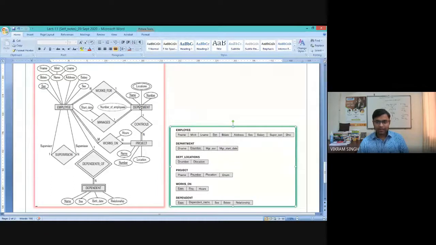That's why we have created this table called department location. But you have to see carefully that we have named this table DEPT_locations, right? It is always important to define proper table naming, because this table is created because of the multi-valued nature of the attribute location, and the base table is department.